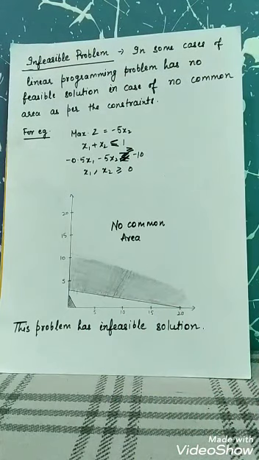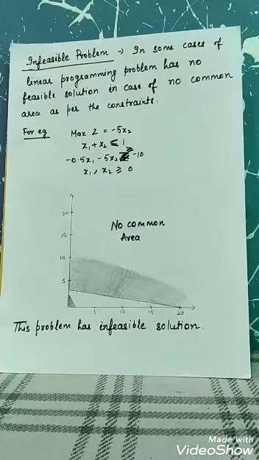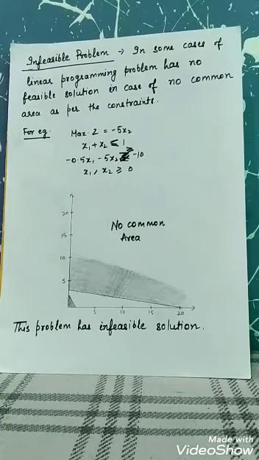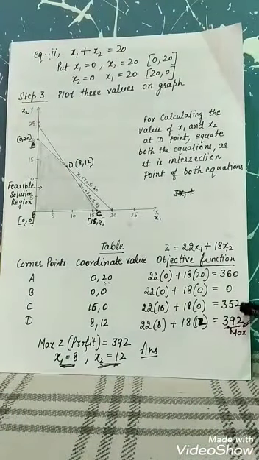And apart from this, there is another case, that is multiple optimal solutions, which means if you are able to get more than two answers, then this is the case of multiple optimal solutions. And this is the same equation as we have given. I am giving the example of this also. For example, in this question I got the answer 392. If this answer could be 392, then this is the case of multiple optimal solutions. That means this question has two or more than two answers. So this one could be another case.